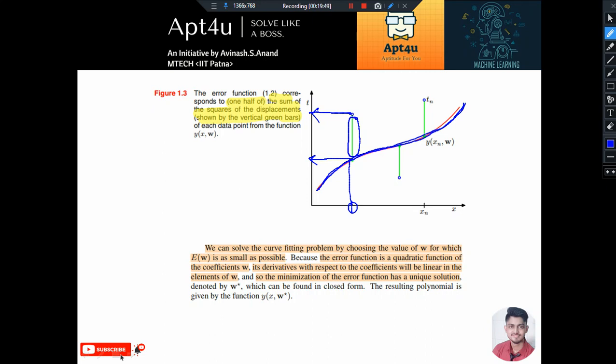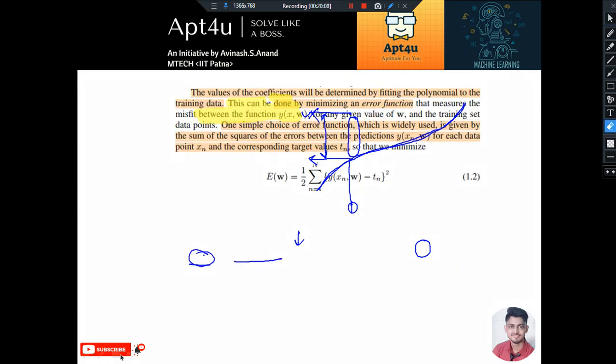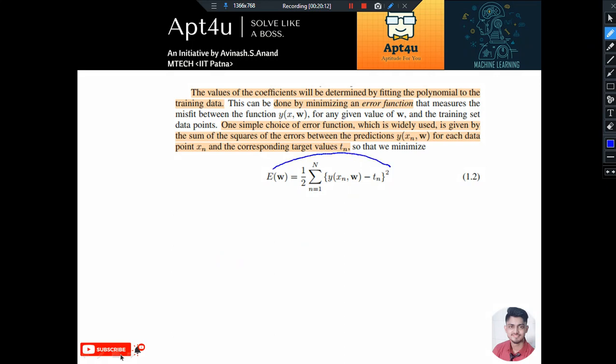But this is not true, right? Because it is quite away from the actual value. This is the error. So we can solve the curve fitting problem by choosing the value of w for which the error is as small as possible. Remember, the error function is in terms of w, right? If you expand this particular function, you will find that the error function is nothing but in terms of w, which means if you want to minimize the error,